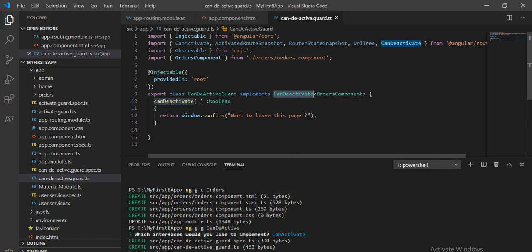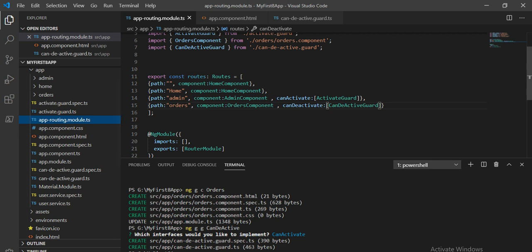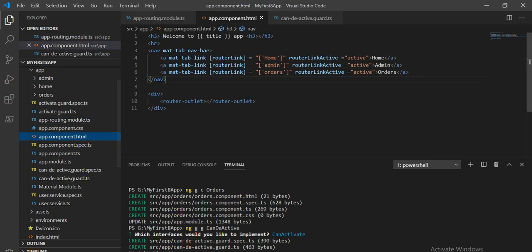I have taken the order component, and then created a function with a boolean type, which returns this pop-up message. After that, in the root routing module, I have taken this as can deactivate, and implemented it in the HTML file.